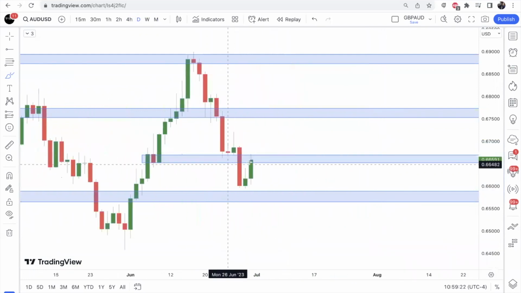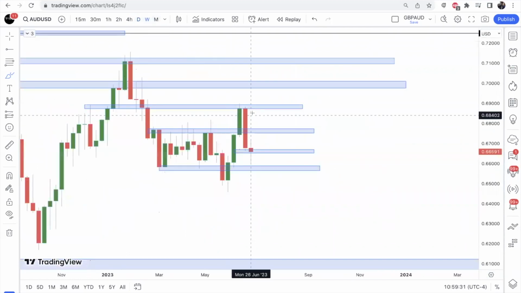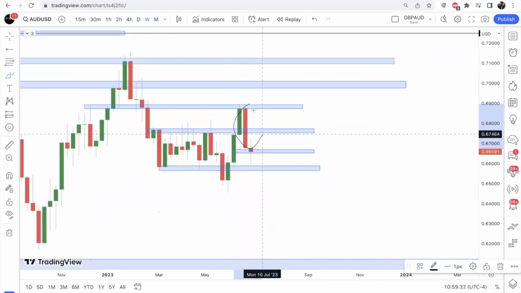So I just want to be patient with this because, of course, if price was to close back above this level of structure, then chances are we're going higher. All right, but if I'm looking at this based off the higher time frame, like on the weekly, we still have a big bearish engulfing on the weekly. So any drop on the dollar, I believe, is just a correction to set up for the bigger move up. Same thing here on AU.